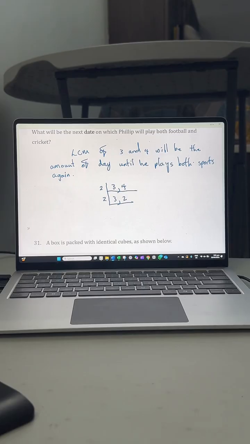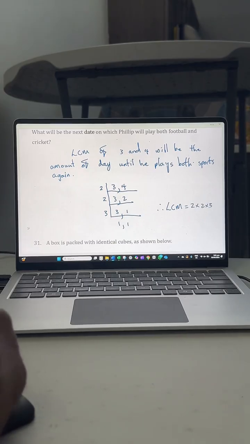Then you use 2 again. 2 cannot go into 3, bring down the 3. 2 into 2 is 1. Then 3 is the last prime number that could go into any of these numbers here. 3 into 3 is 1. Bring down this 1. So therefore, my LCM would be equal to 2 multiplied by 2 multiplied by 3, which is 12, right? So 12 days until